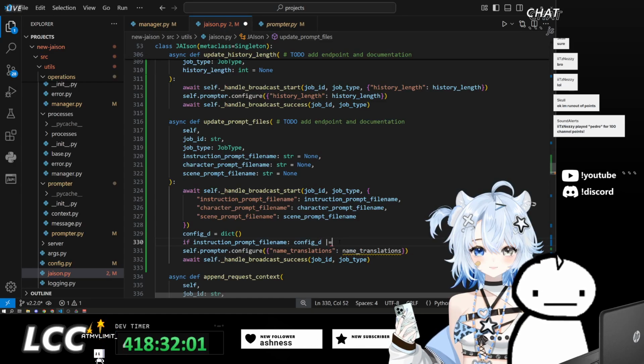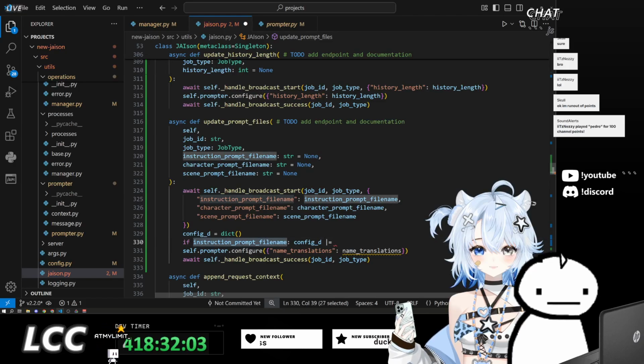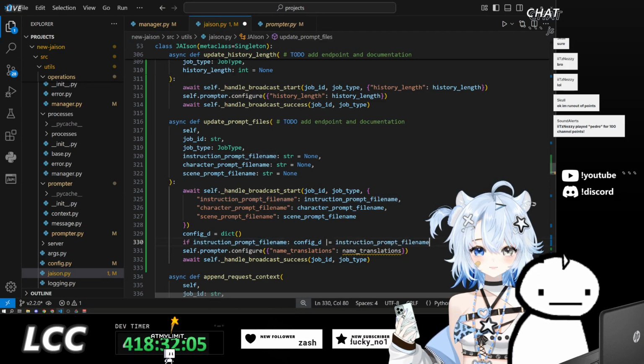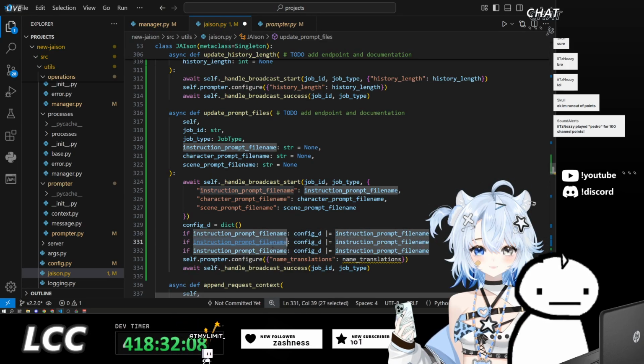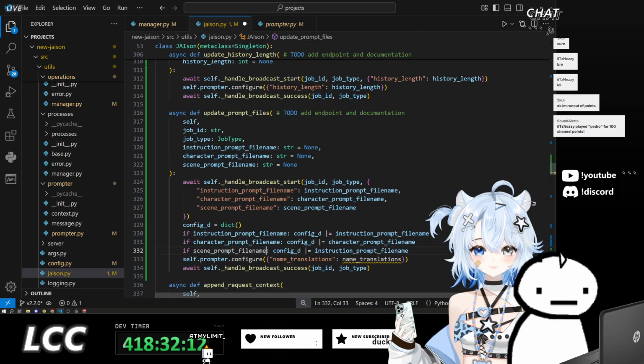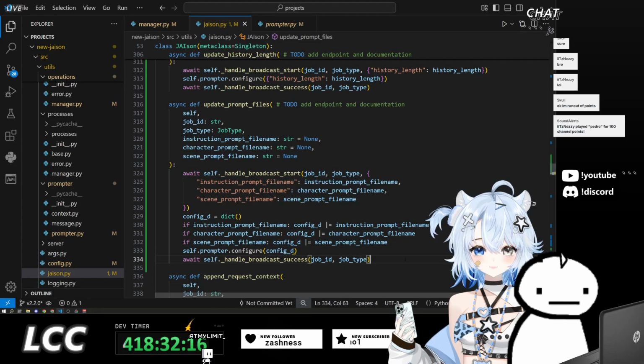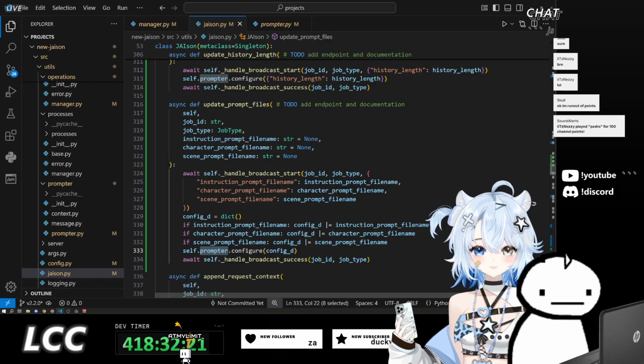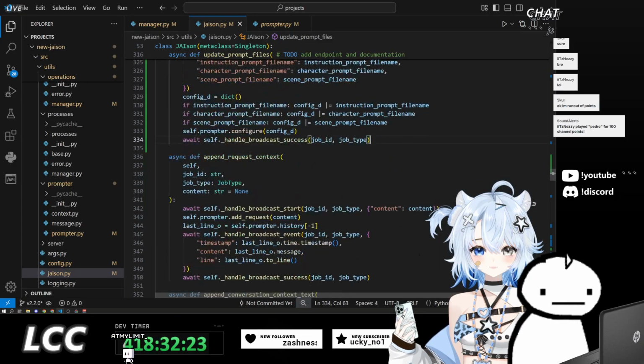Wonder if this notation works. And those will get added to the prompter. Sick.